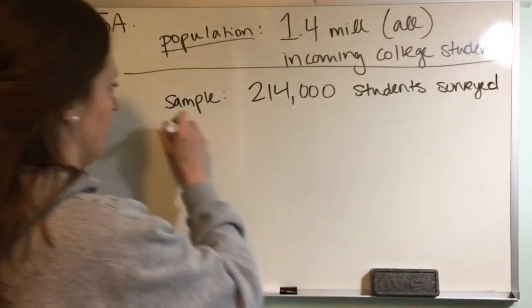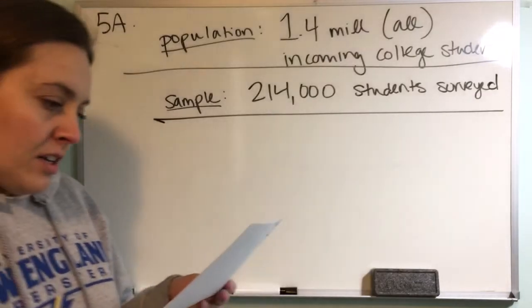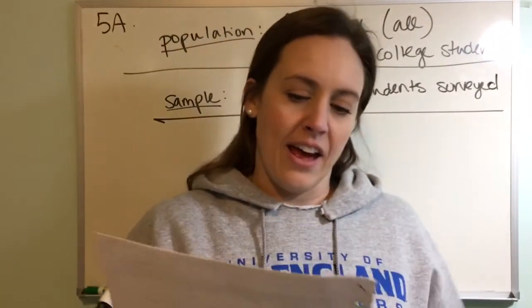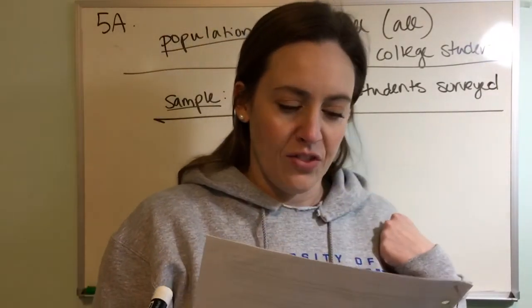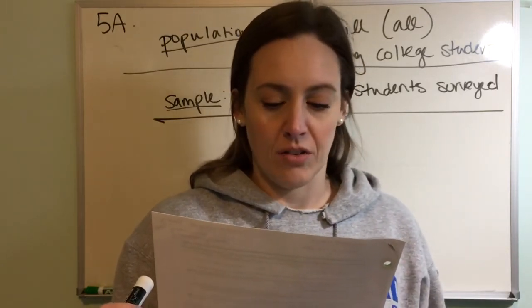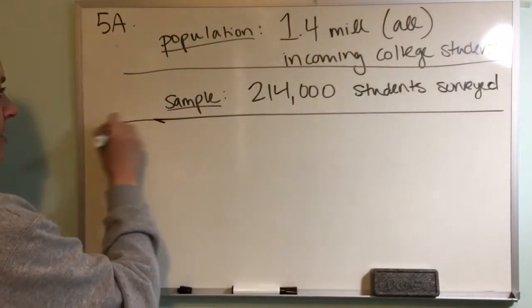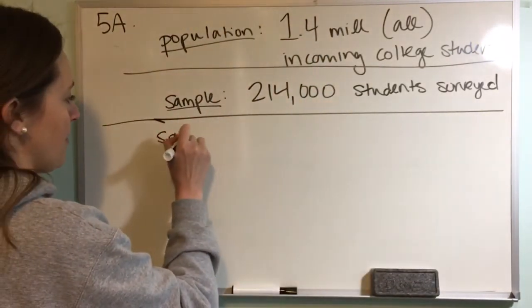Surveyed. Okay. That's right. Again, they don't say, okay, out of this 214,000, 100,000 of them agree or they're happy about going to college. Okay, they don't say that. But they could say, all right, for the sample